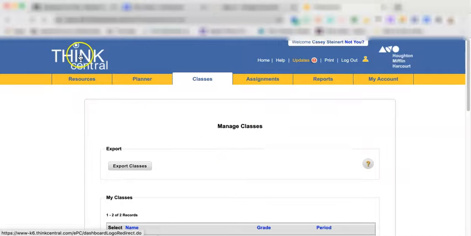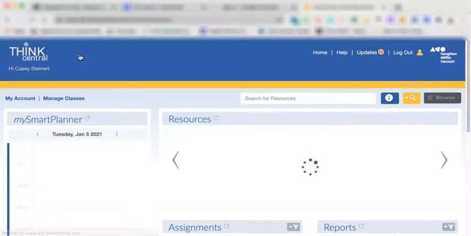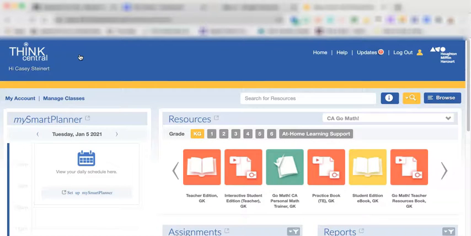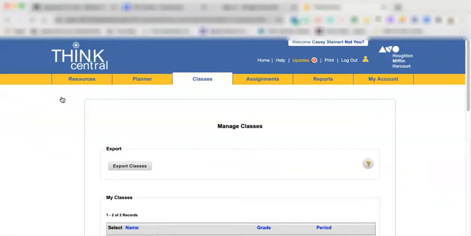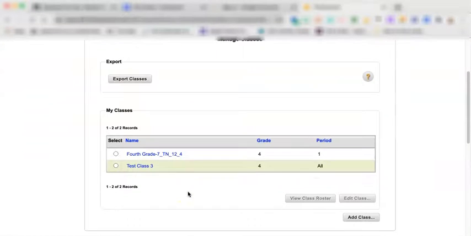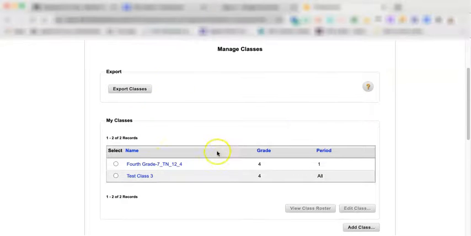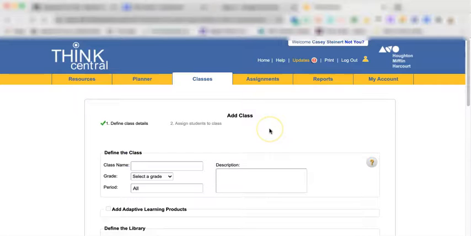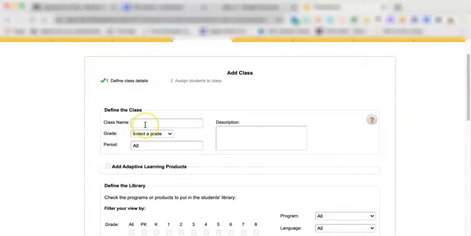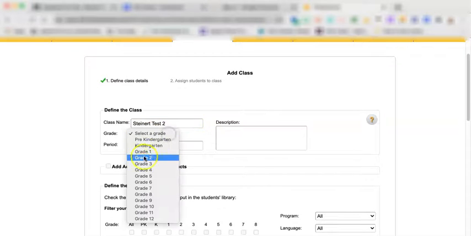If you need to create a new class, you don't have a class for some reason and you need to make one, it's a very similar process. You go to Manage Classes, and then down at the bottom, under your My Classes, you want to put Add Class. Okay, this is where you're going to go in. You can name your class, select your grade,